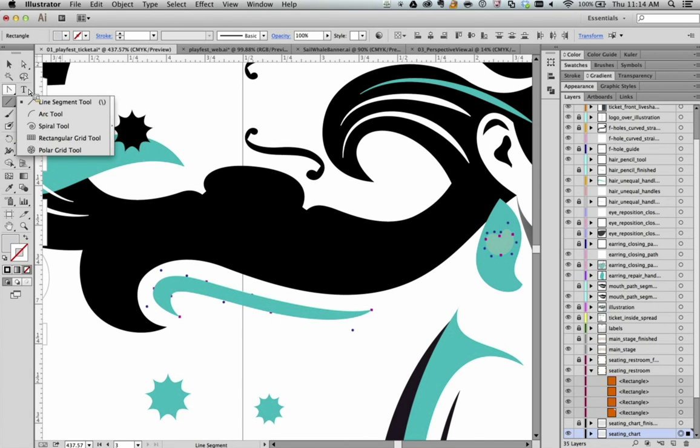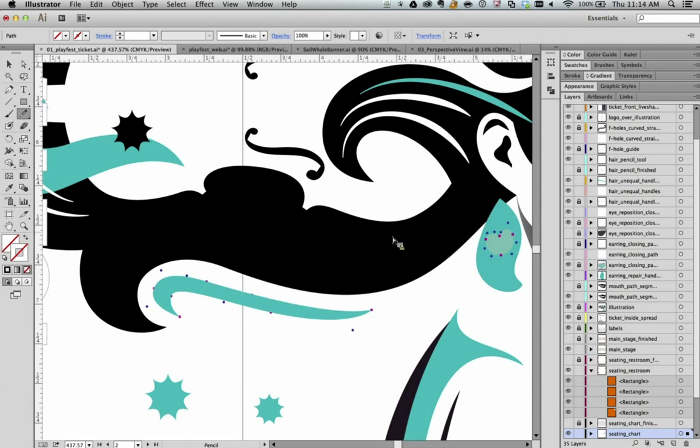Or the line tool, or one of the other vector creation tools, right? We like those, we know those, and they work for making smooth curves. And when you grab something like the pencil tool and you try and draw a smooth curve,